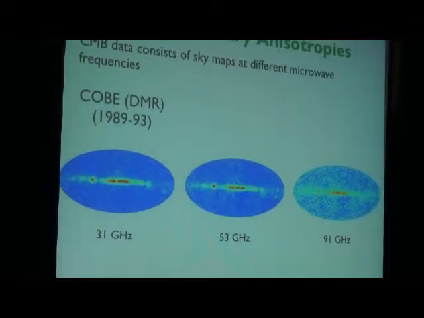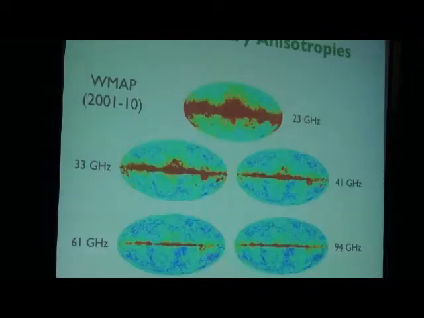the CMB, but it's maps of the sky at different microwave frequencies. Here are the maps that were taken by the COBE DMR experiment. You see it's a map at 31 gigahertz, 53, and 91 gigahertz. And then just again to give you some idea of how the quality improved, here are the maps from WMAP at 23 gigahertz, which is also called the K-band, then 33 gigahertz, 41, 61, and 94 gigahertz, so significantly better